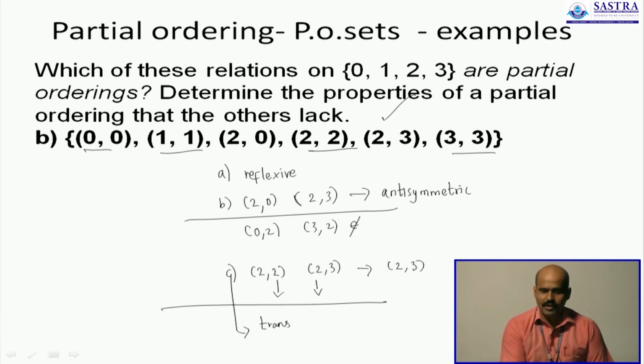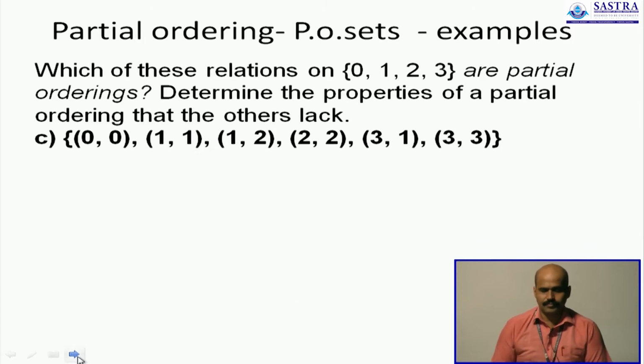So we have a non-empty set on which there is a relation which is reflexive, antisymmetric and also transitive. Hence the relation given under this subdivision actually defines a partial ordering. Let's have a look at the next example. We have 6 ordered pairs before us again.